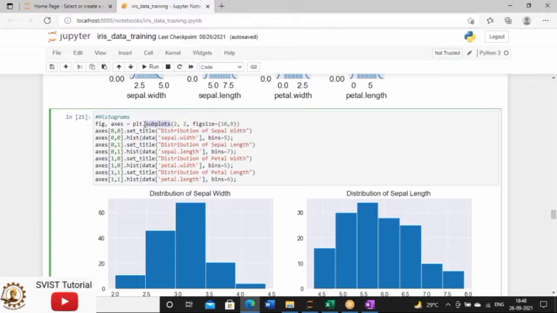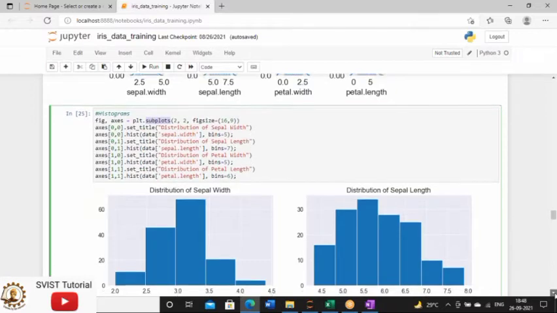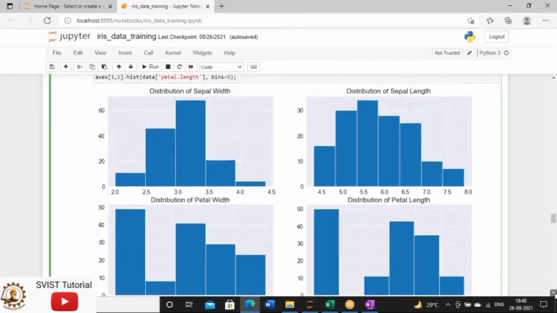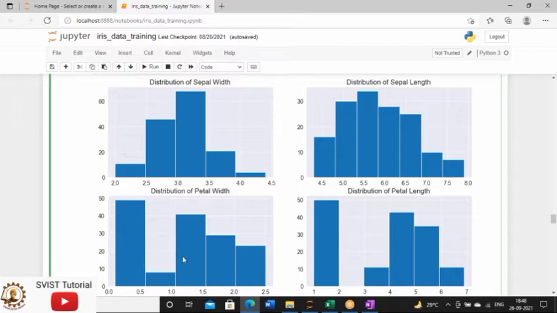Now you can ask me why this is known as subplots. This is a very common question that you have to keep in mind. Whenever we want to display many plots together, feature-wise or column-wise, all these sections are known as facets.